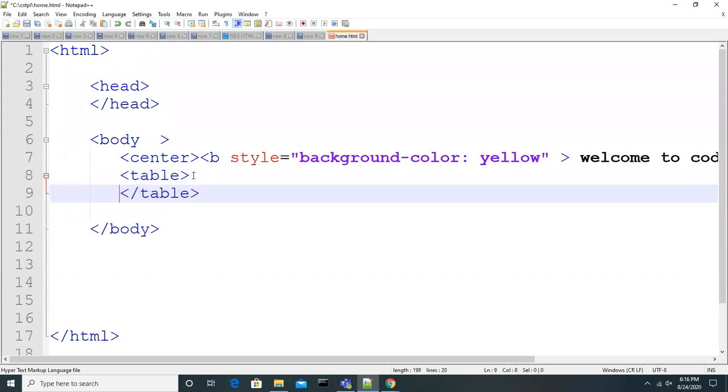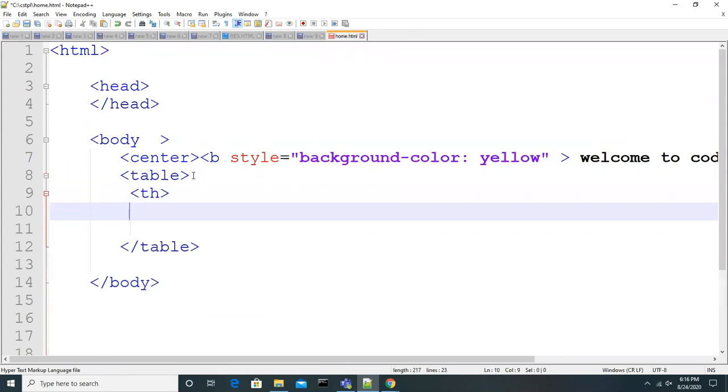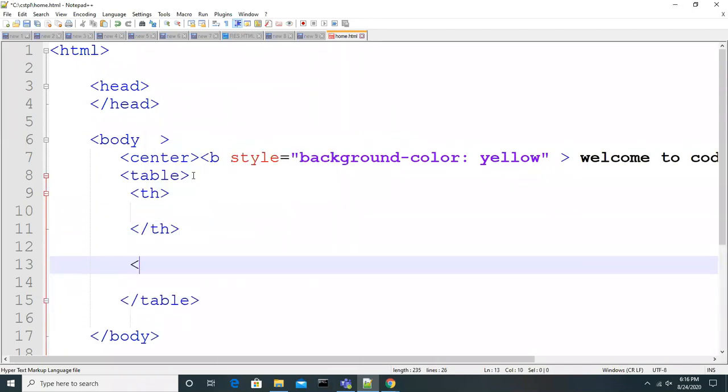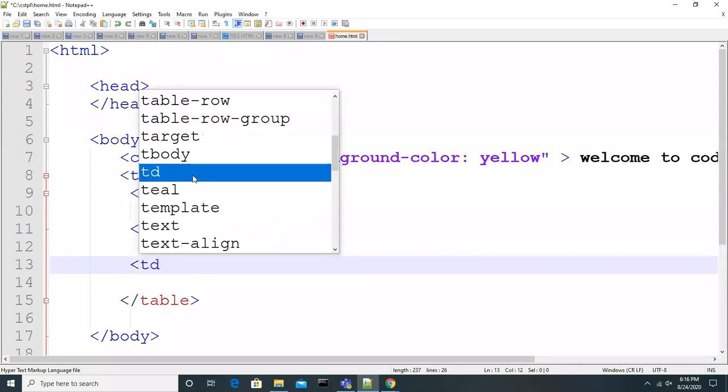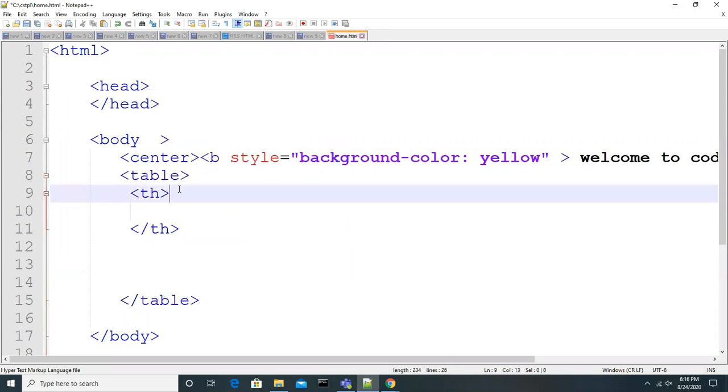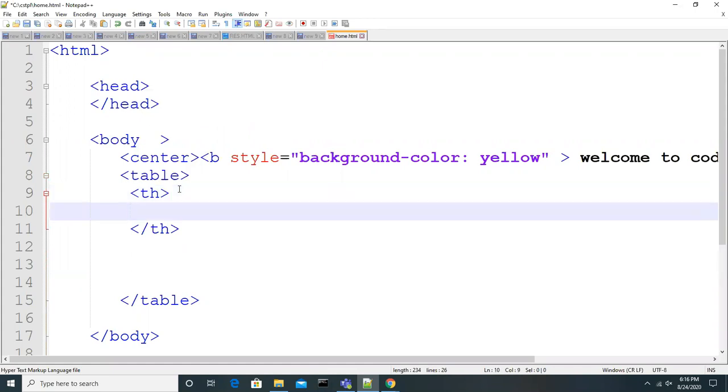Okay. Under the table tag, I'm going to keep a table header, th. Look at how I'm going to design the table header.